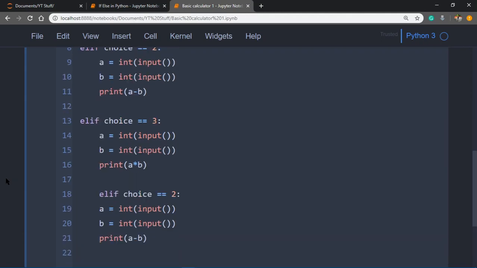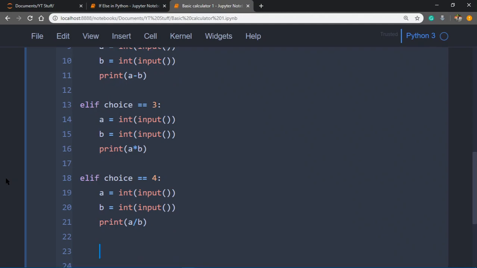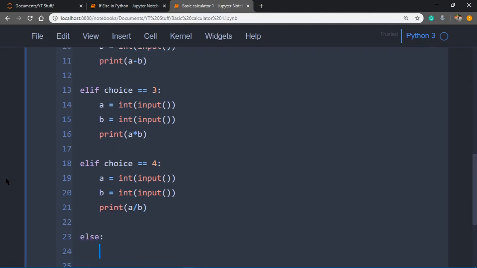And if it's none of those, then it could be 4, and that would mean that he wants to divide. And if it's none of those options, then we can simply write in the else block that please